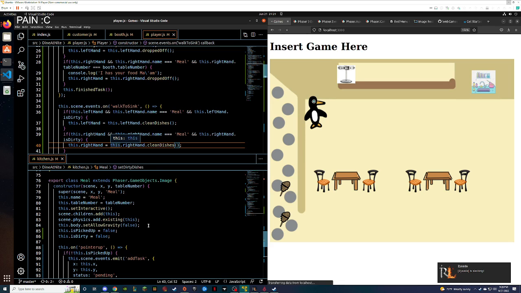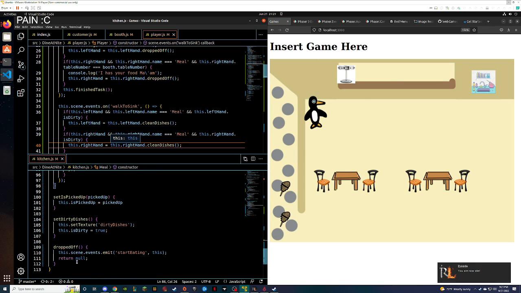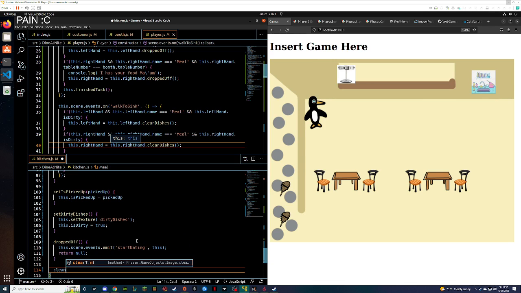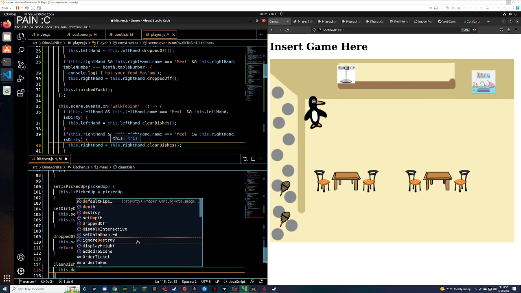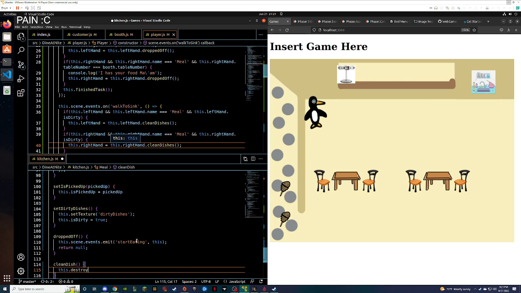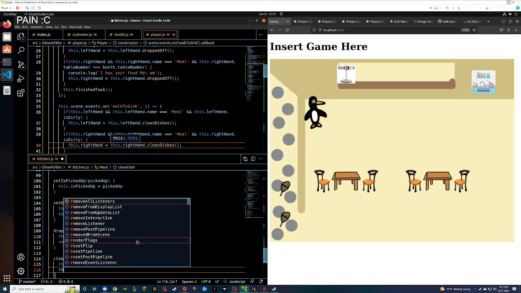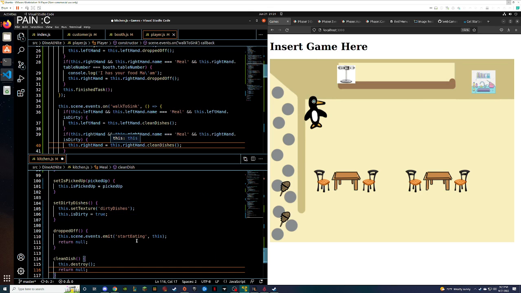Yes. Okay. Right hand dot clean. What about just clean dish? Wouldn't that make more sense? This dot destroy, return null. Does this work?